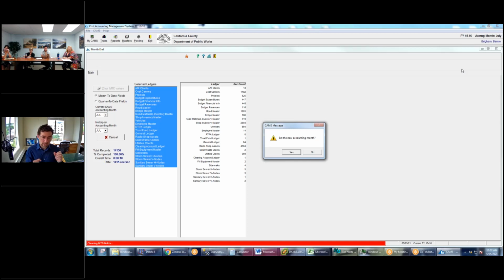And also remember that in CAMS, when there's month to date, year to date, and life to date, we always post to all 3 at the same time. So it's not like we're moving it from month to date into year to date. We are just clearing the month to date and leaving the year to date as is. But it's just a visual aid. It's really not that meaningful. But the important thing is this: set the new accounting month. So if I say yes,